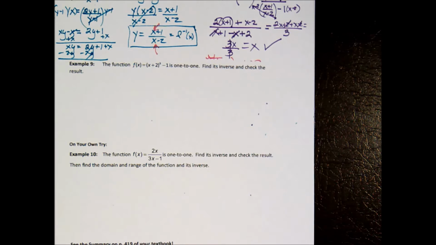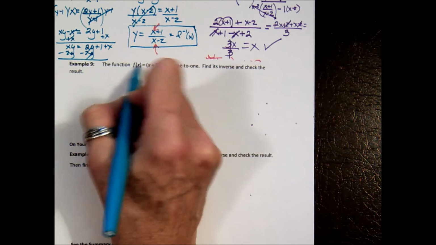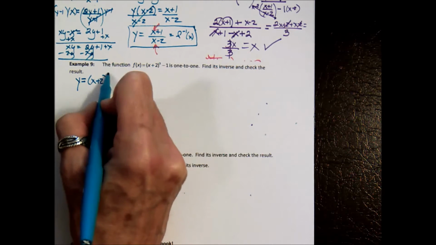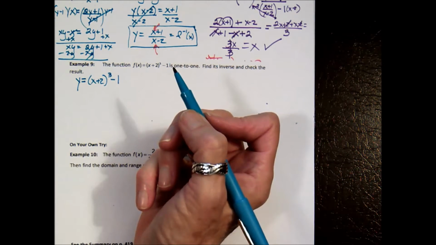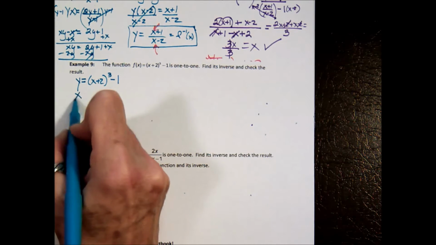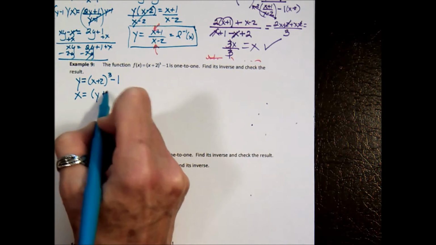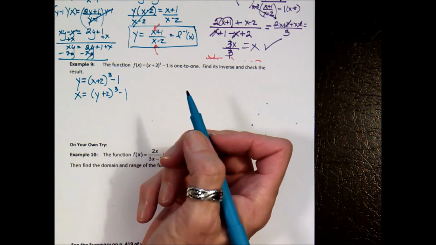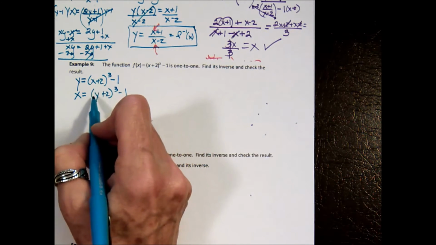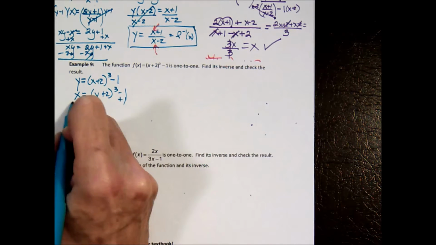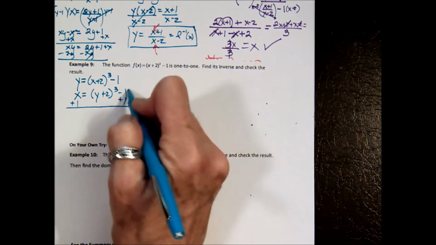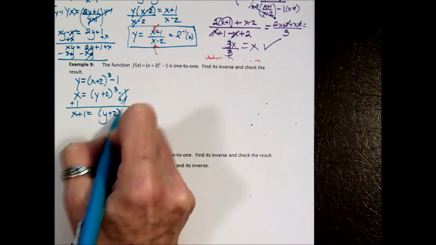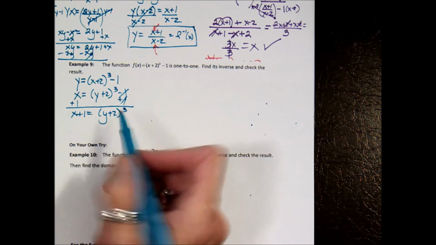So step 1, replace f of x with y. Y equals x plus 2 cubed minus 1. Step 2, take out the y, put in an x, take out the x, put in a y. Step 3, solve for y. Well, I need to isolate what's been cubed first, so I'm going to add a 1. I get x plus 1 equals y plus 2 cubed,